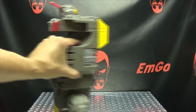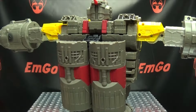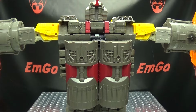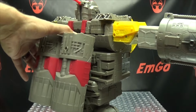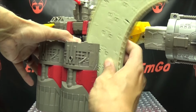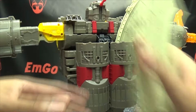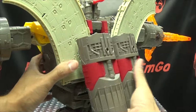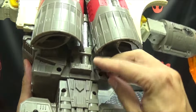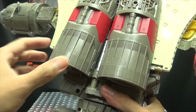So we bring back the main body here, and all of this will just slide in and lock into place like so. And then we just bring in the wings, and there are these slots right here that the wings are going to just slide into. So just line that up, slide that in, line that up, slide that in. Then you bring the backpack up, and there are little tabs. I don't know how well you can see that, but there are little tabs that go into these little slots right here. They just clip right in,